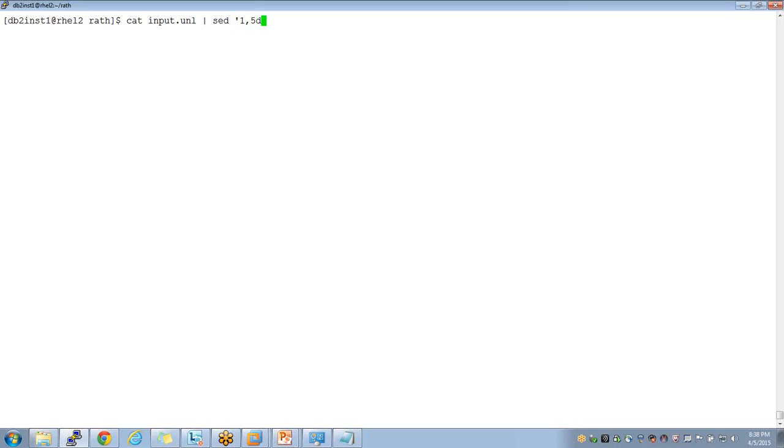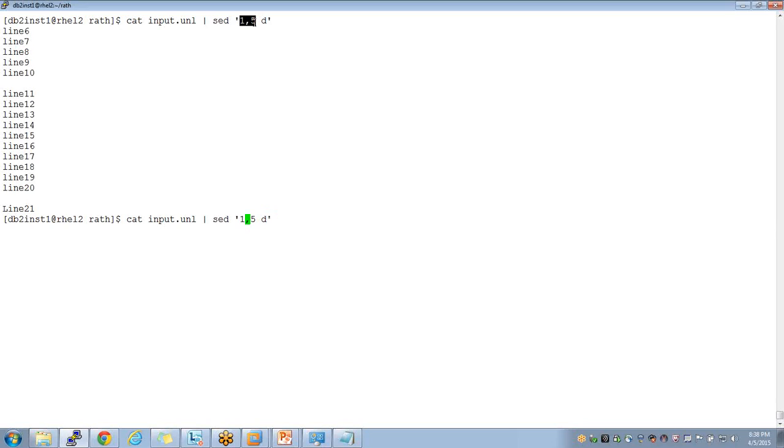Because you want to process the entire file. Except 1 to 5, you'll print everything. What happens if you use -n? Nothing will print. Because with delete, you are saying do the default action, but delete lines 1 to 5 and print everything.